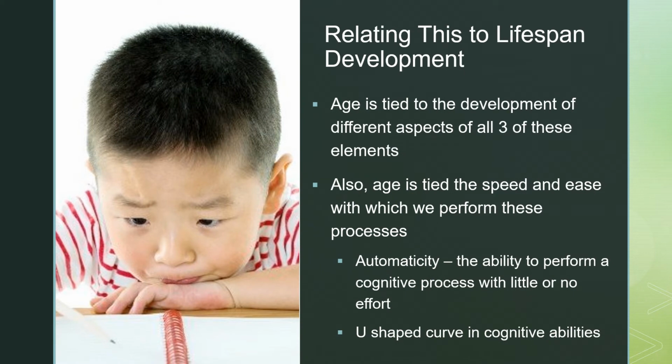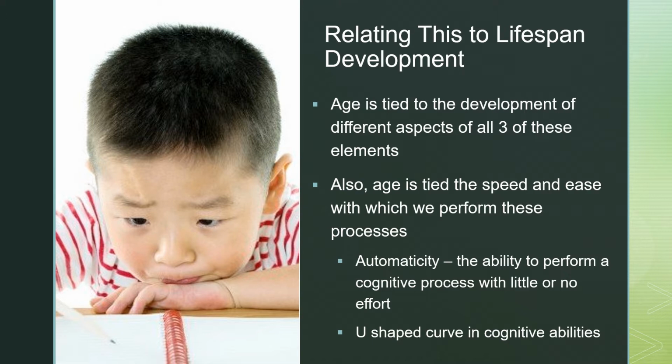In addition to talking about these concepts, though, we have to remind ourselves that we are in a lifespan development class. So we're not just going to talk about all the nuances to thinking and memory and attention. We're also going to talk about how these things are very clearly tied to aging. We're also going to talk about a key element that's kind of overarching around all of these different steps in the information processing process. This overarching idea is something called automaticity.